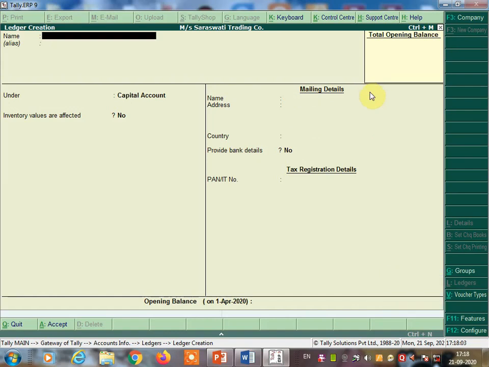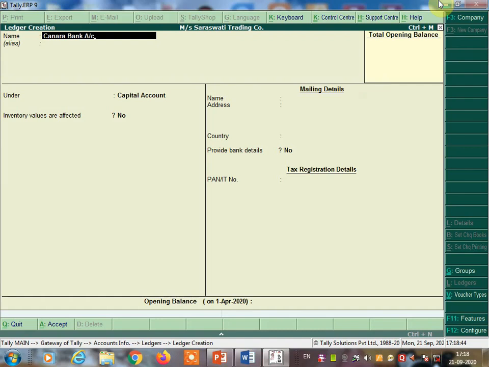Next ledger we are going to create. Suppose you have deposited some amount into the Canara Bank. So the transaction entry will be given to you: cash deposited into Canara Bank 50,000 rupees. So how are you going to pass the entry? Bank account debit to cash account. So here, cash deposited into Canara Bank, so bank account and cash account you are going to create. As you know that cash is there by default, so no need to create a cash account. You can create a bank account, but if the bank name is mentioned in the transaction, then you have to write that bank name. Here it is mentioned Canara Bank, so you can write here Canara Bank account.